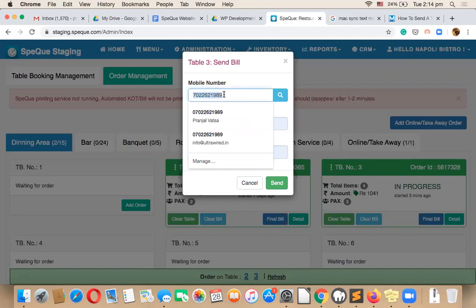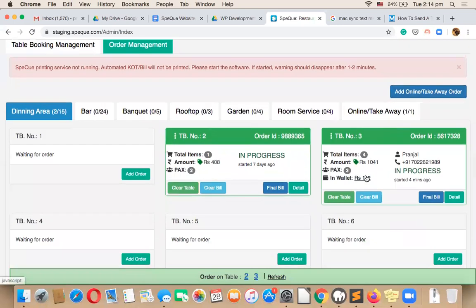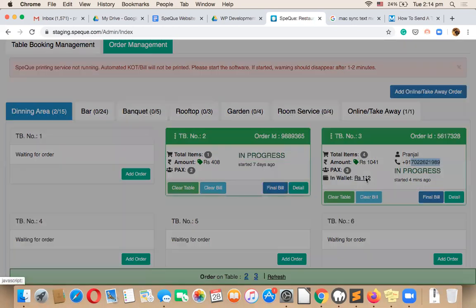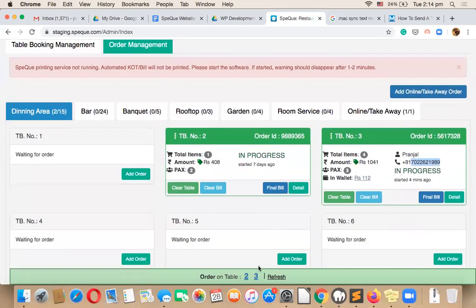So this is very handy for sending out digital bills or e-bills, and also for maintaining a database of your customers. So anytime you enter a valid phone number for your customer, that customer gets registered on your restaurant. So the next time they come, the CRM will be taken care of. So we'll see that later. So see here, I was registered. As soon as I entered my phone number on this order, it pulled up my wallet. So this is the CRM part, which we will take later on.